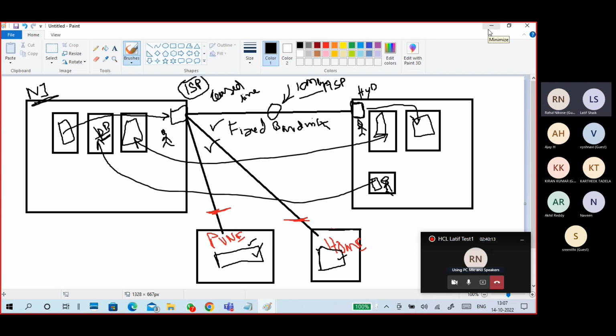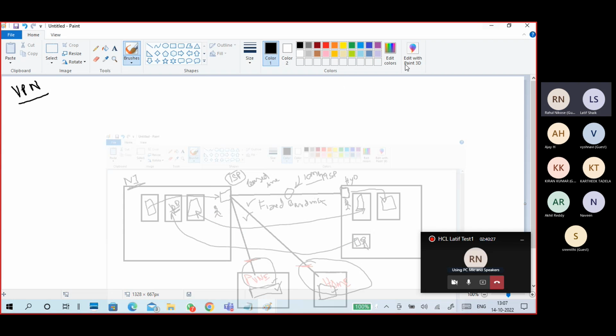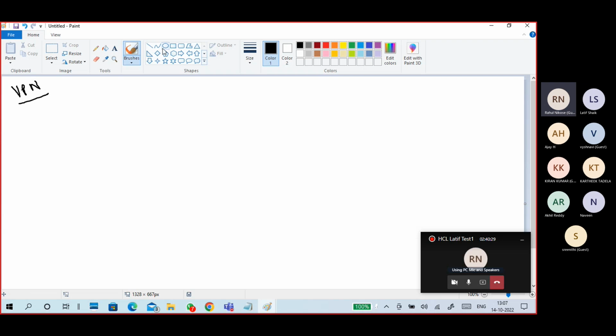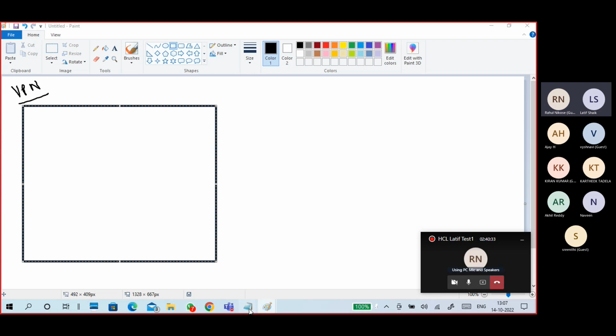So for these reasons, we are still using leased lines, but for small branch offices or home offices, the better solution is VPN. Same diagram only, guys. Just what is a VPN?